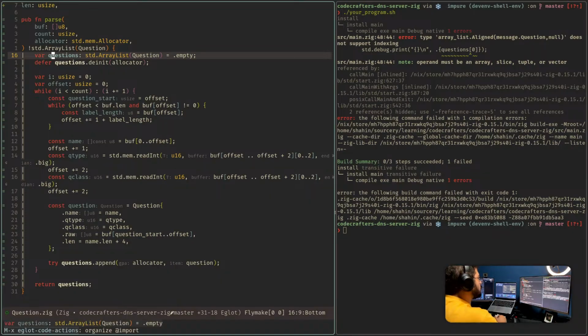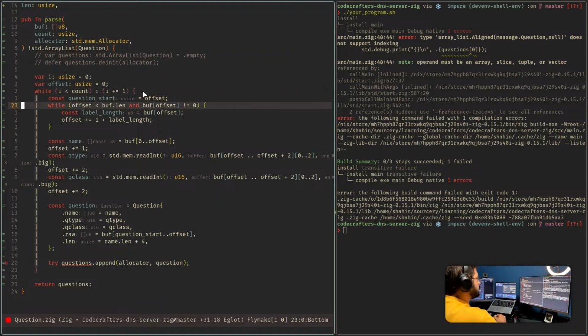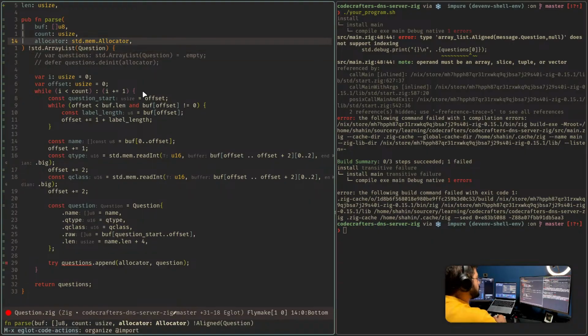Oh, yeah. At the end of this scope, this memory is being deallocated. I think that's the catch. So what happens? What should I have here? I need to